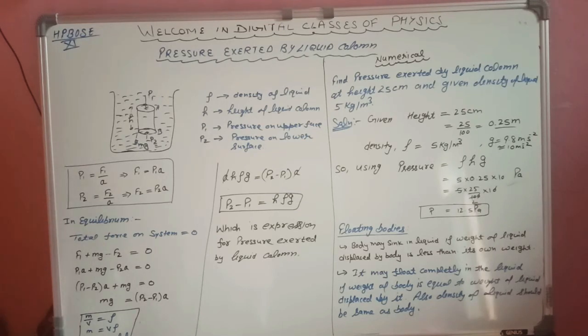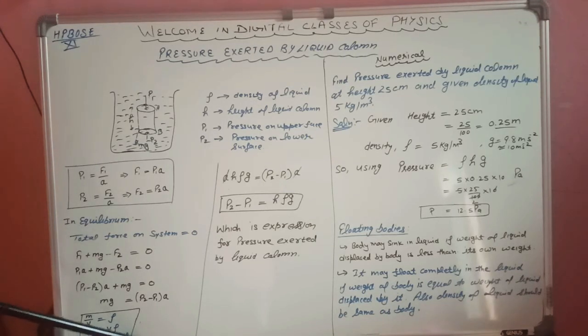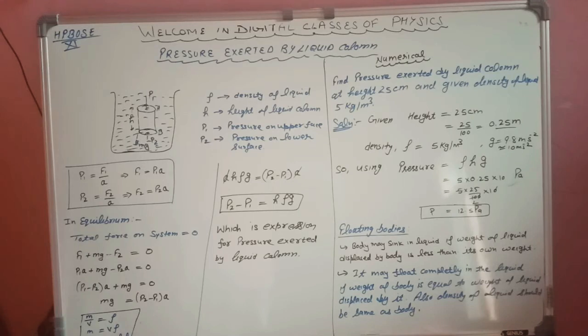But here length is not there. Here is height. So mass is equal to area multiplied by height into rho. Students, in this box I have calculated the value of small m, means mass. So this is the value of mass. Putting back this value of mass in this equation.